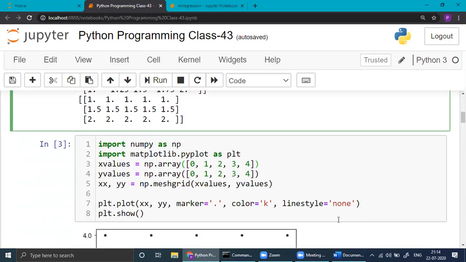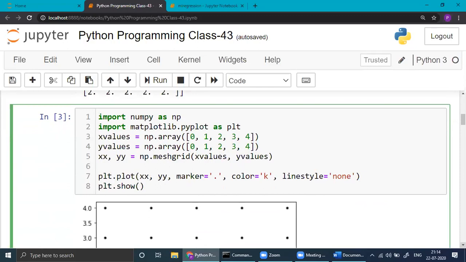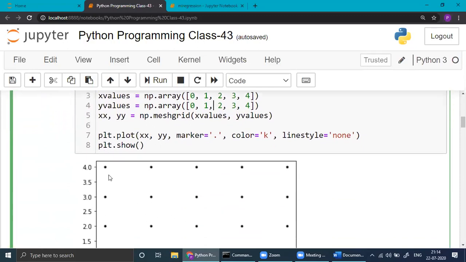Now see next one, we'll get a meshgrid here. When you get a meshgrid, you have to give x values, y values. Here this is a numpy array, this is a numpy array. You can send a list also here and here, not a problem. So here if you send two arrays, 0, 1, 2, 3, 4, here you will get the proper grid. You see this way. You count 1, 2, 3, 4, 5.